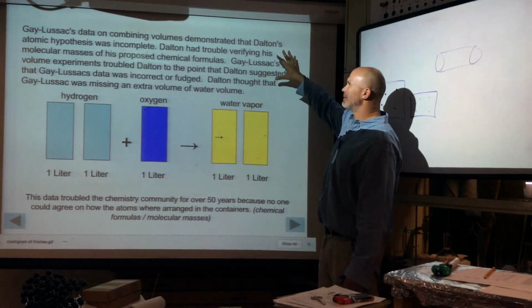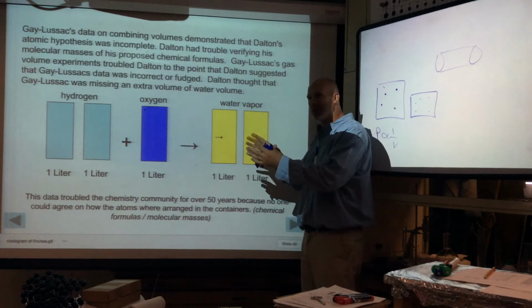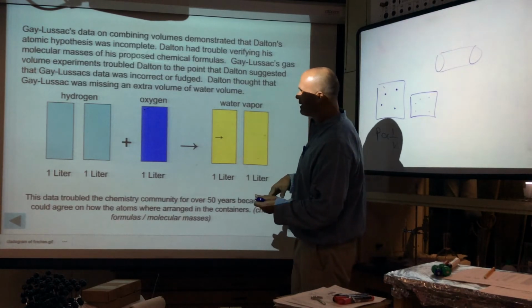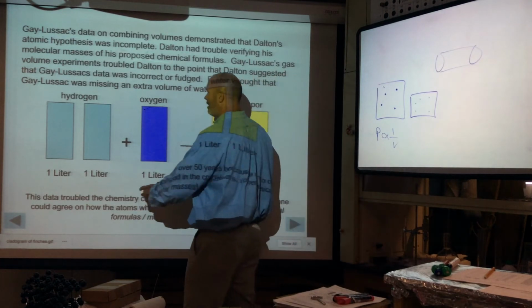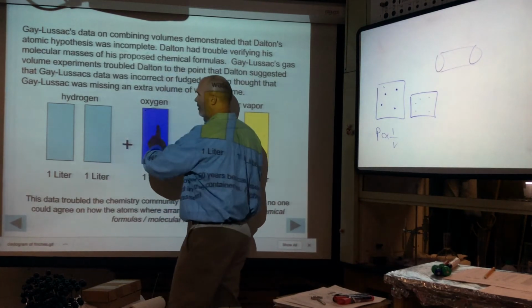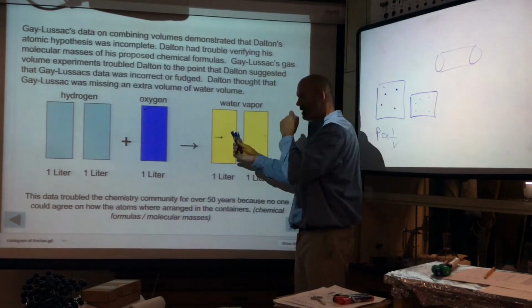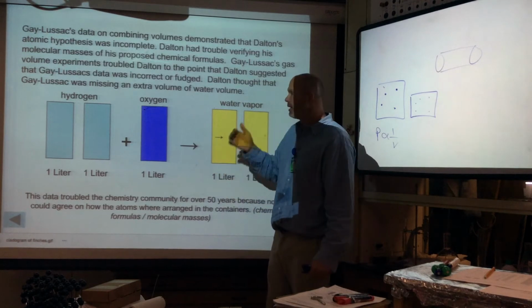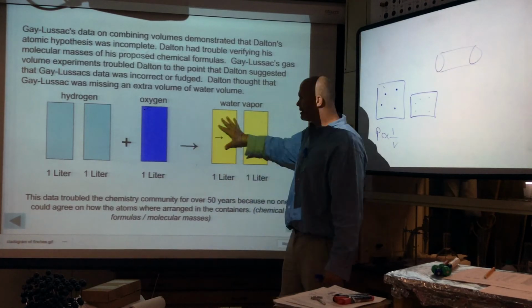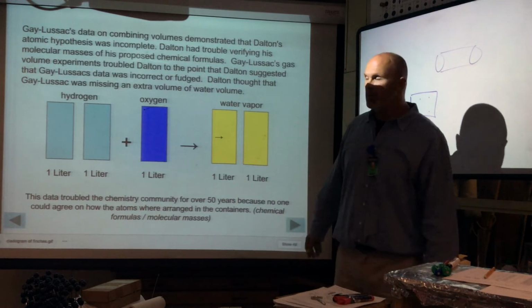Remember, Dalton couldn't correctly make molecular structures, and they didn't support that. But he said, listen, H and O go together. So he basically says, hey, because H and O go together, you've got an extra volume here. One of these and one of these makes 2 of these. And this doesn't make any sense. Your data, Gay-Lussac, is wrong. He's right, he was wrong. But everyone knew that when they did these reactions, it came out. And unfortunately, we're talking about the early